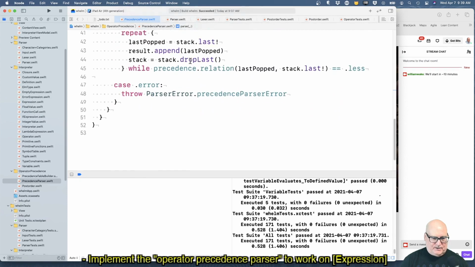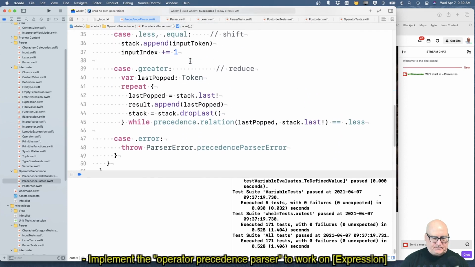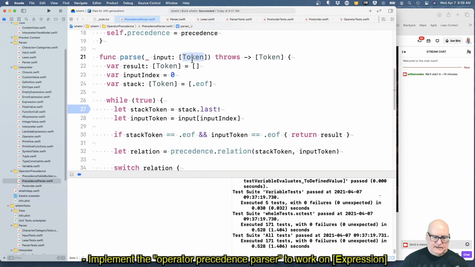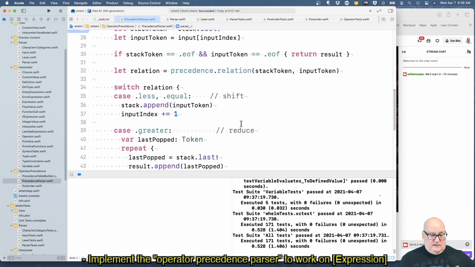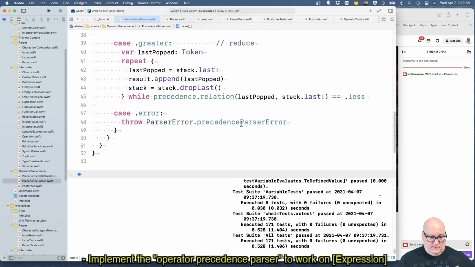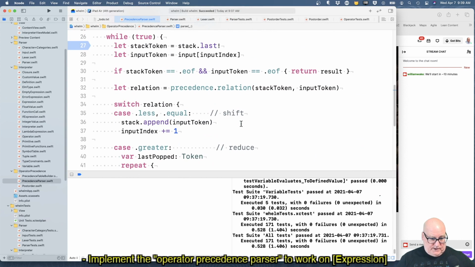We're going to change it to work with expressions. And you're going to give it the list of expressions, just like we are now producing. And you're going to return, well, a list of expressions. Actually, I think you're going to return one expression. So it's not a horrible change.